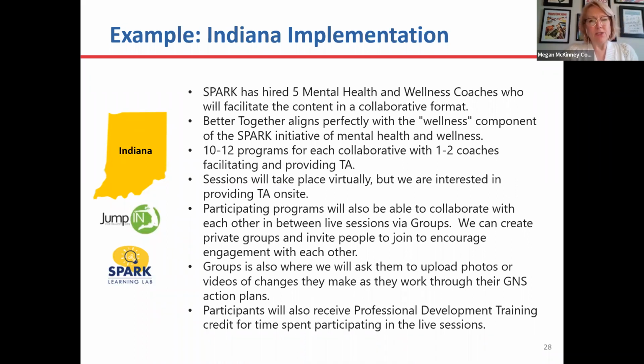So they've recently just hired 5 mental health and wellness coaches who are going to facilitate the content for these collaboratives. They're going to be 12 weeks long, each one. And of course, the content for these is coming from the Better Together project from Nemours and Go NAPSACC. They're going to not do them all concurrently. They're doing one at a time. So if you look at each learning collaborative being 12 weeks, it will take a full year to work through all 4 of these